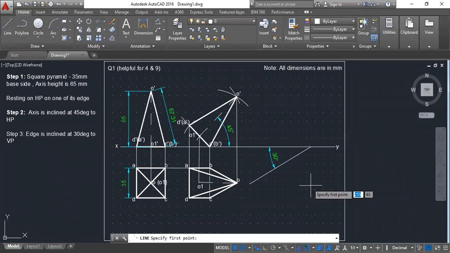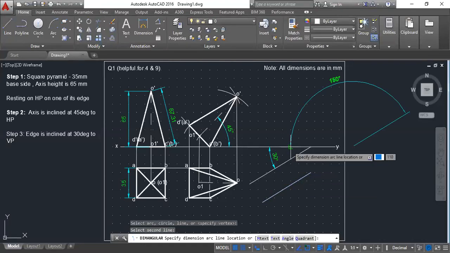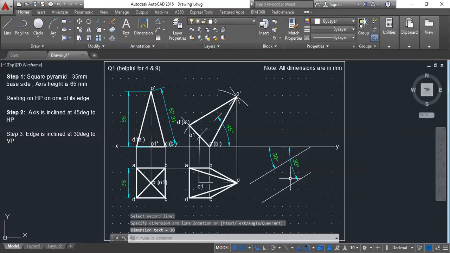Even if I start a line from here, and even if I draw like this, the angle is still 30. I can still maintain the angle as 30. You don't have to start on this always. So even this angle is also 30. So now I can simply draw CB first on this, then complete the entire figure.